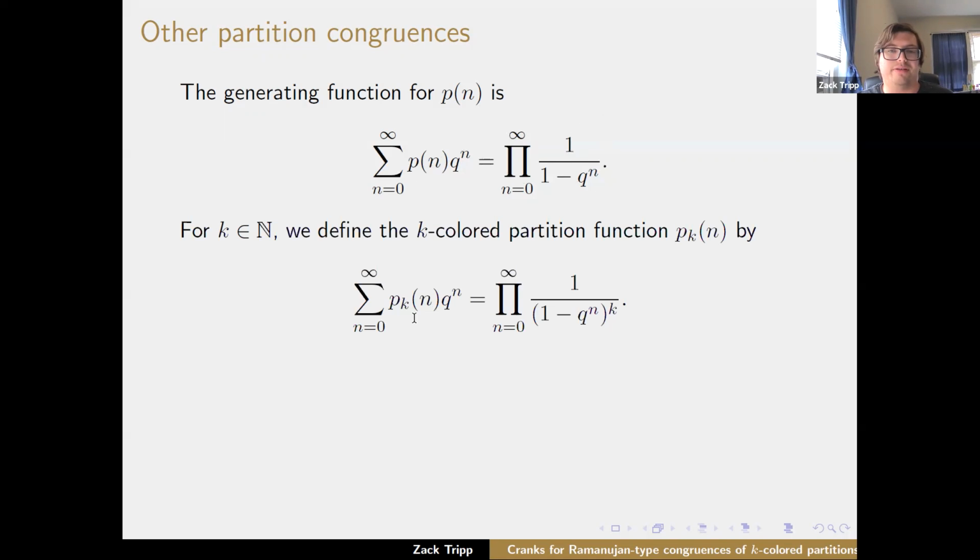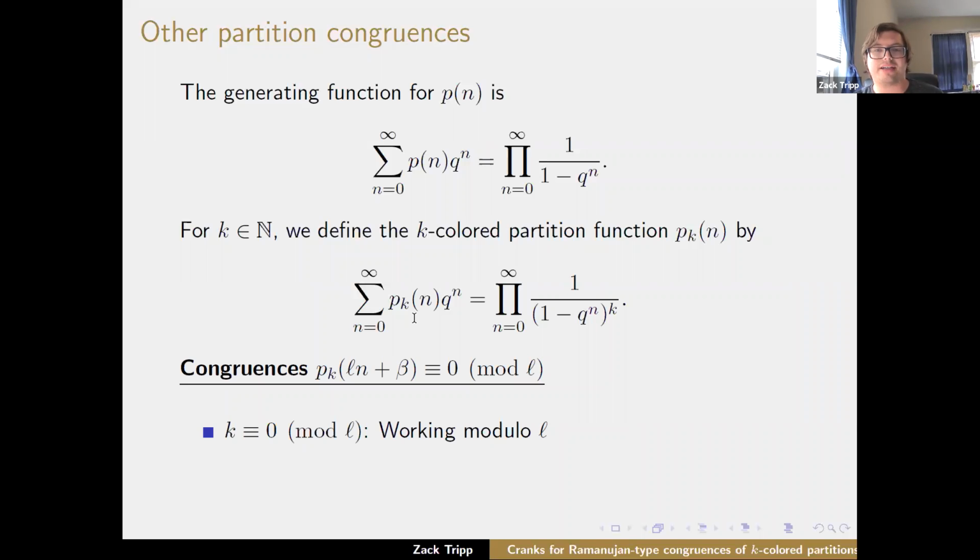There's, of course, a combinatorial definition of this, but we're not going to be so worried about that. And it turns out you actually get a lot of congruences that look like the ones we were interested in for the partition function. So we're going to think about fixing a number of colors we're working with here, in other words, what power we're raising this all to. And again, we're interested in what all the Ramanujan congruences look like.